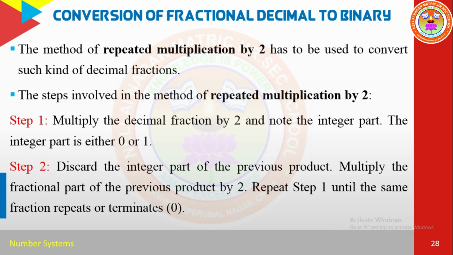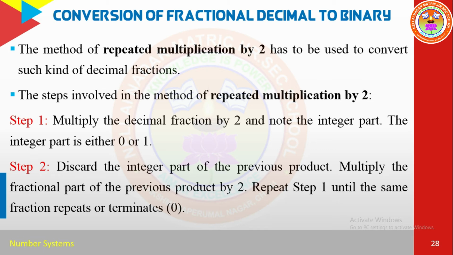So in this conversion method we are going to follow repeated multiplication by 2. Here before we discussed repeated division by 2, right? That is for a normal decimal number, but here this is a fractional decimal number. So we are going to follow one method, that is what? Repeated multiplication by 2. Okay, students, don't be confused. Only fractional decimals alone we are going to follow the repeated multiplication by 2 method. Apart from that, for all the remaining number conversions we follow only the repeated division by 2 method. Okay, don't be confused.